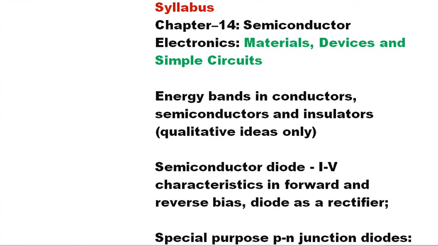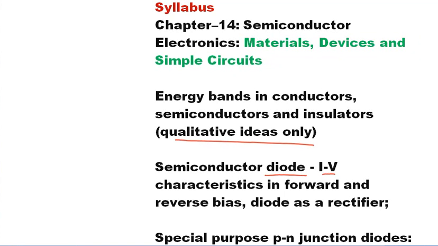That's the first part. Then we will have a look at energy bands in conductors, in semiconductors and in insulators. As we are discussing only a qualitative idea here, not quantitative. Then we will discuss semiconductor diodes,